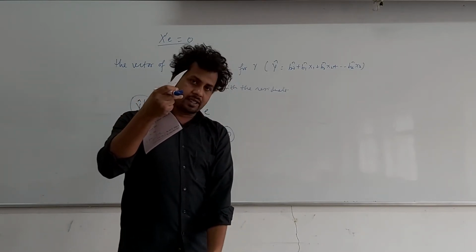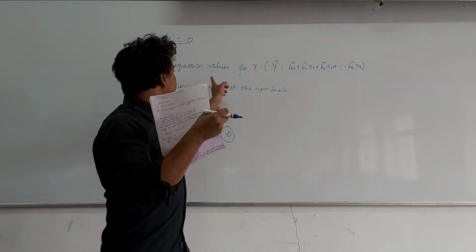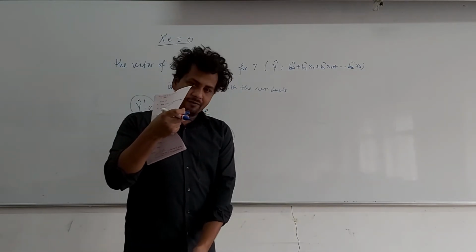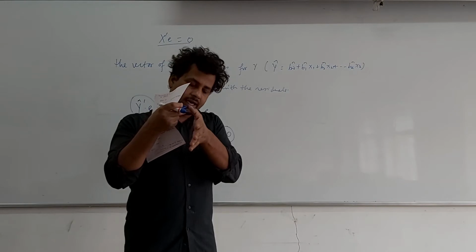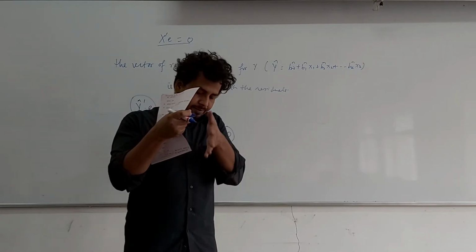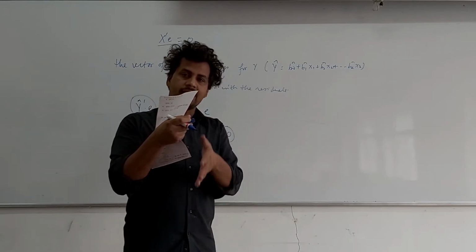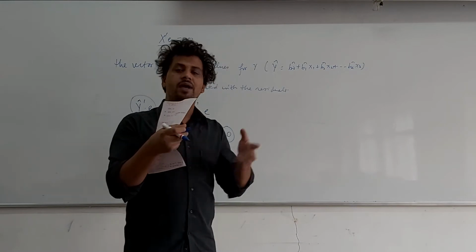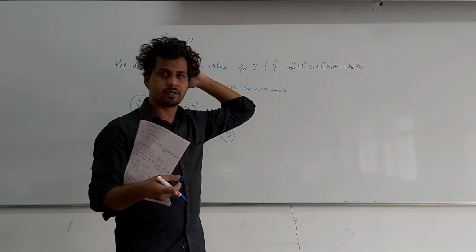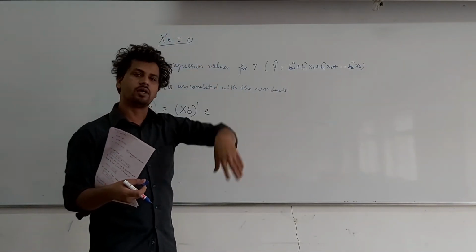So this point which lies in the column space of x1 and x2 is nothing but your vector of regression values for Y. That is also the average value of Y. The distance between the average value of Y and the actual value of Y is my residual part. This is the minimum distance, and we know that the shortest distance between two lines is the perpendicular distance. That's why the equations that we derived for B are also called normal equations, because what we are doing is minimizing the sum of squares of the residual term.